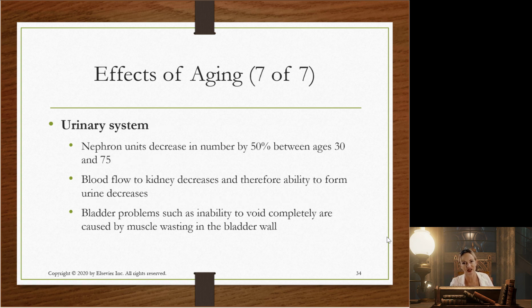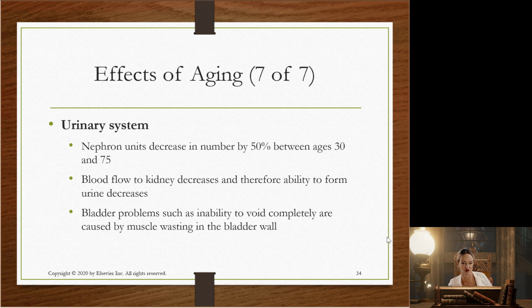And finally, we come to the last system, which is our urinary system. The nephron units decrease in number by 50% between the ages of 30 and 75. Blood flow to the kidney decreases, and therefore the ability to form urine decreases. Bladder problems such as inability to void completely are caused by muscle wasting in the bladder wall, or we could end up with muscle atrophy in the bladder that results in decreased capacity and inability to empty or void,